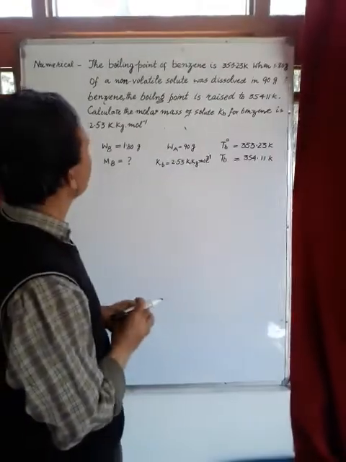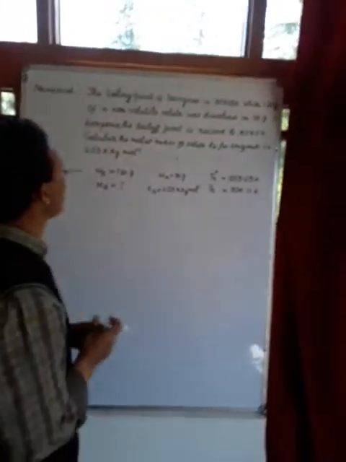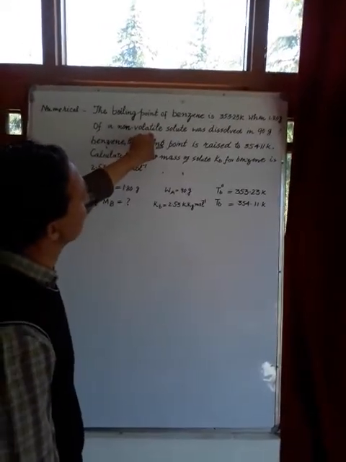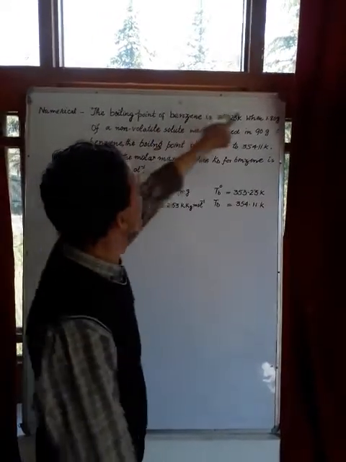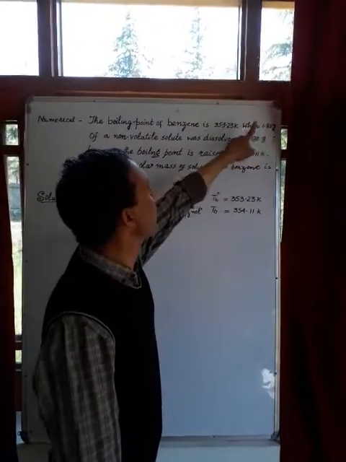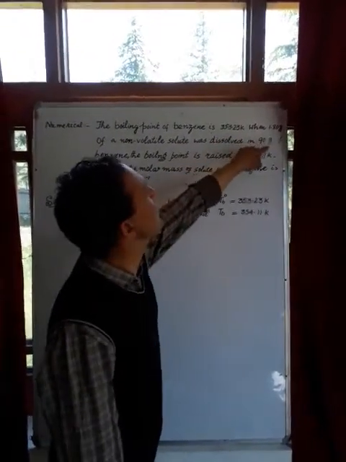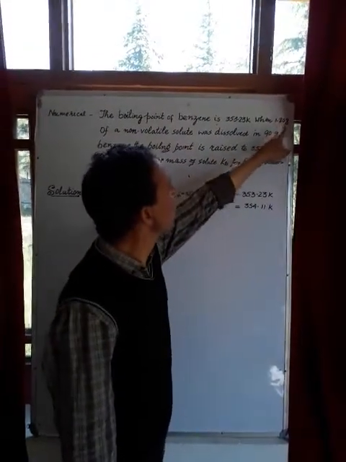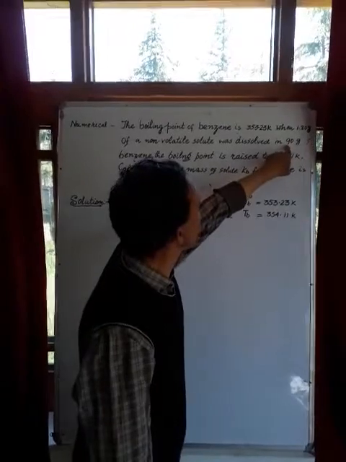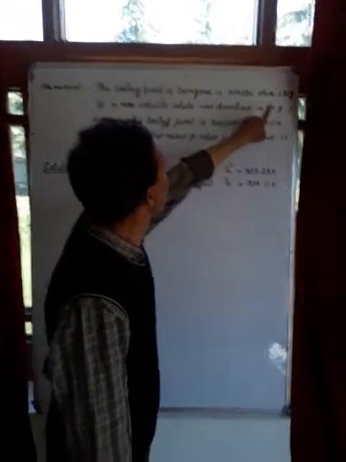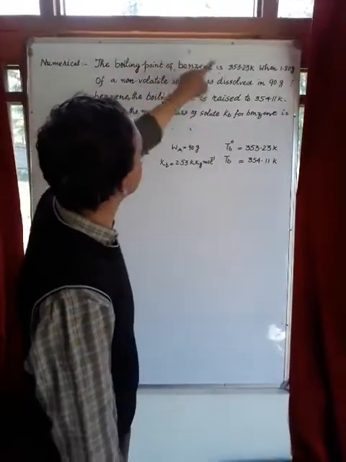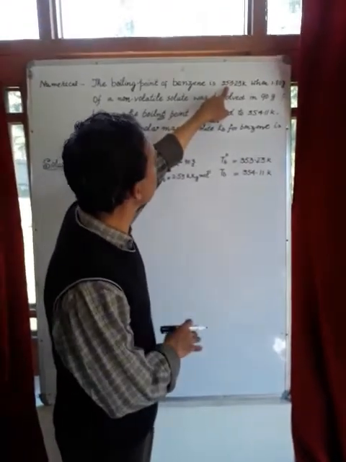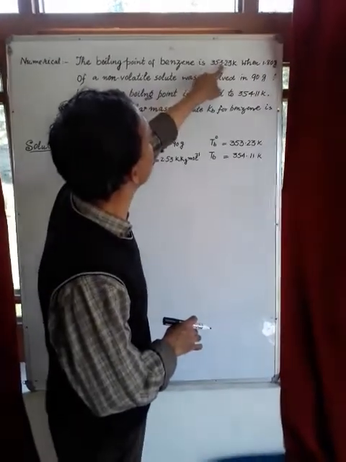तो क्वेश्चन ऐसे है कि बेंजीन हमारा सॉल्वेंट है and in this benzene we are adding the non-volatile solute. तो कितना हम 1.8 grams of the non-volatile solute 90 grams of the benzene में डिसॉल्व करते हैं. So Wb is the mass of the solute, Wa is the mass of the solvent, that is 90 grams. तो बेंजीन का बॉइलिंग पॉइंट जो है वो gets increased after the addition of the solute from 353.23